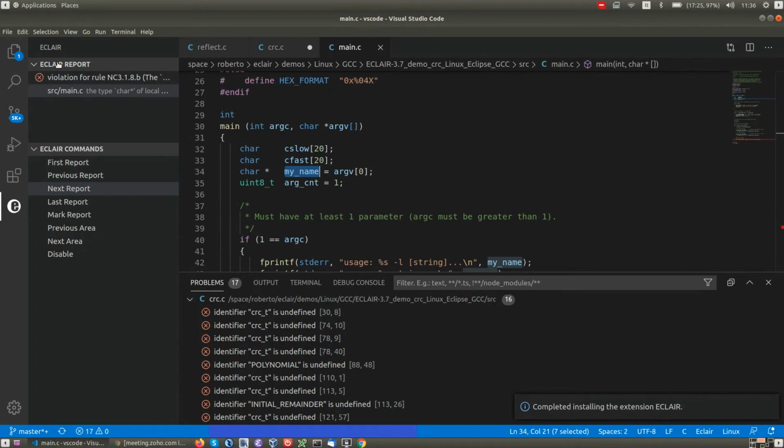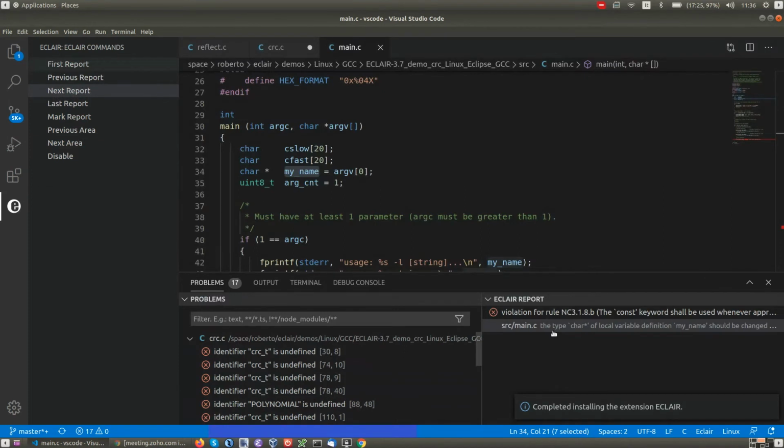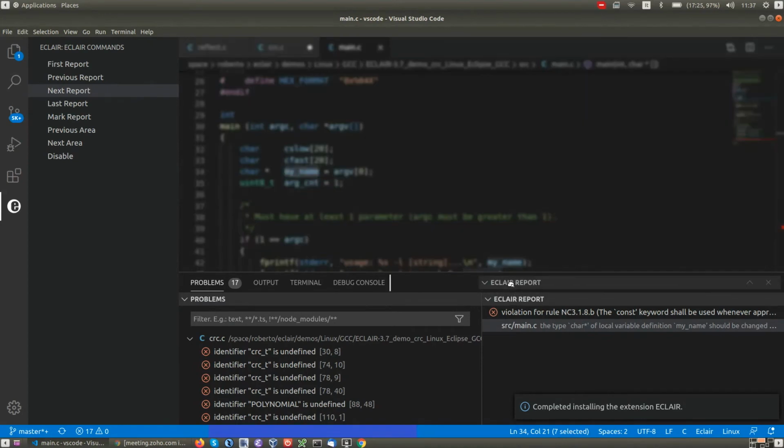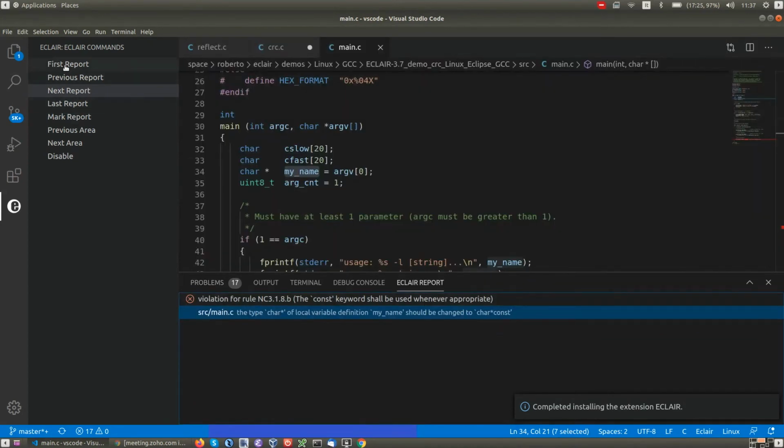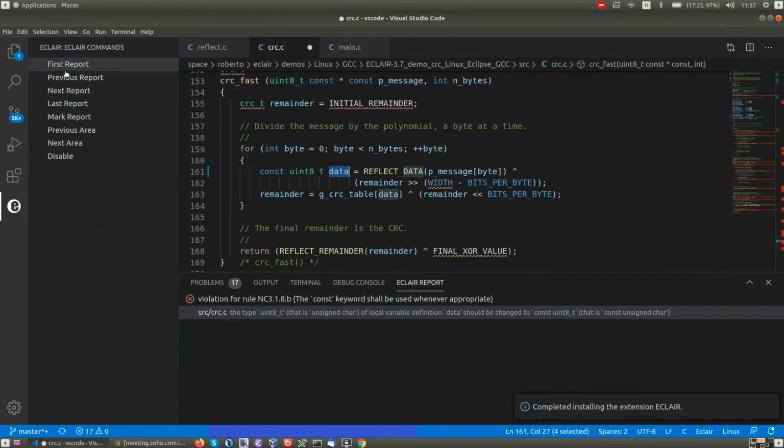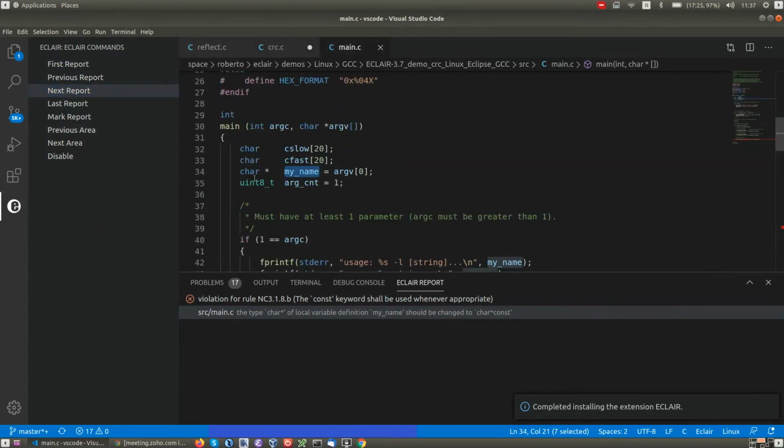Okay, so this one, I think it's best if I put it here, and I would like to see. Oh, sorry, here. Okay, Eclair report. Okay, so first report was this one. I've already fixed it. Next report, I have to fix it. Eclair suggests to use char pointer const instead. So let me add the const here. However, I know there is a BARR-C stylistic guideline that would complain if I don't align this declaration. So let me align this so as to avoid